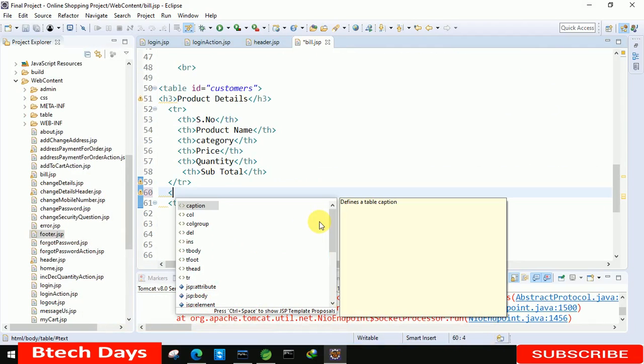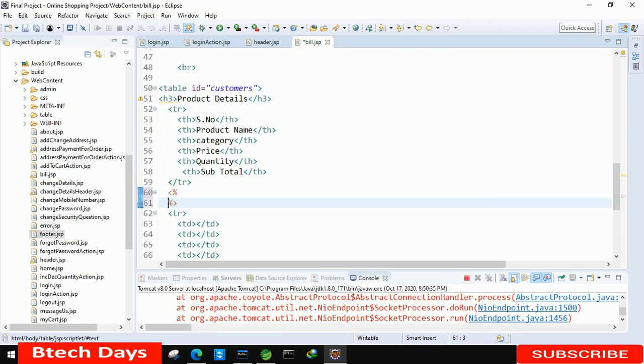So start with that, and here we just need to use ResultSet rs1 equals to st.executeQuery, and in this we just need to write select star from cart inner join product where